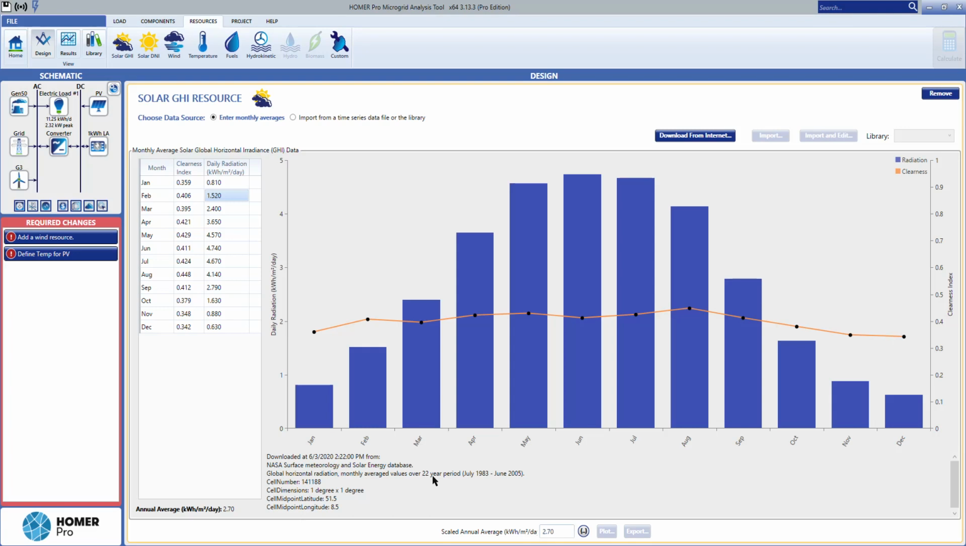So it's over 22 years. So you can consider them as good basic data. And you can also take a look at the latitude and longitude for the location that this data is taken from. Okay. Of course, in the middle of the city, at this location, 51.5 latitude and 8.5 longitude, there is no weather station, but of course,